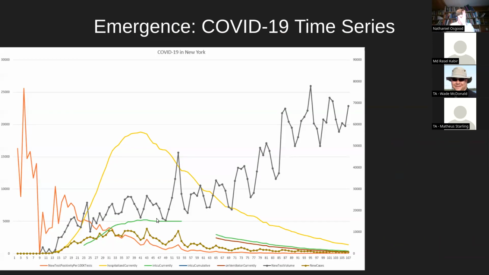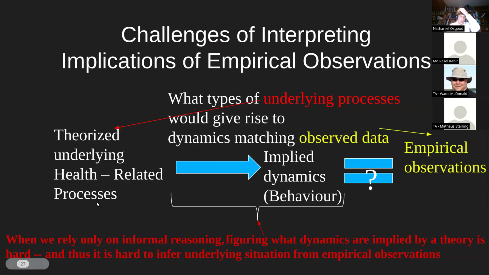It's their understanding that this is largely driven by community spread, that the testing is following that, and the number of hospitalizations is driven by the severity of the cases being found, etc. If they want to test that theory, they've got to reason it through in their head, and that's a big challenge